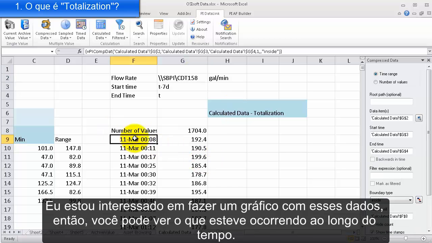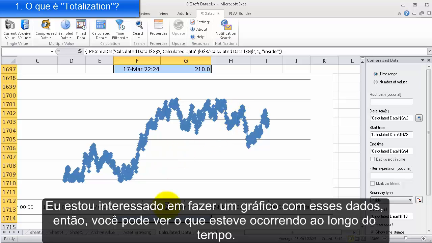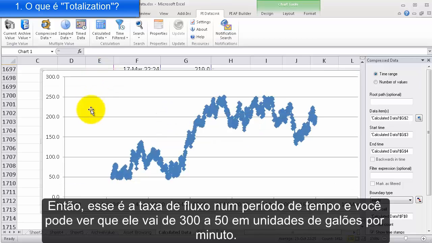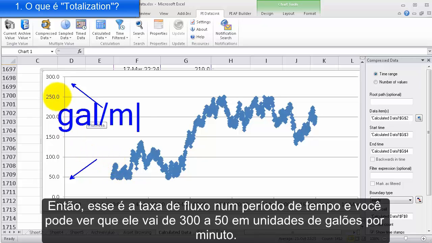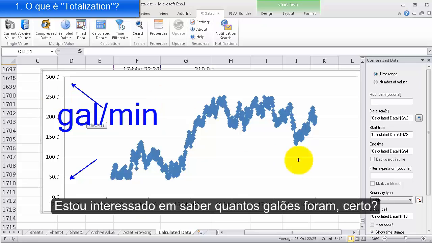And I'm interested in, if I were to graph these, I've got the graph right here. You can see what the values were doing over that time. So this is the flow rate over some period of time, and you can see that it ranges between 300 and 50. But this is just gallons per minute right there. And what I'm interested in is whatever it is that I need to get out. I want to know what was the gallons,